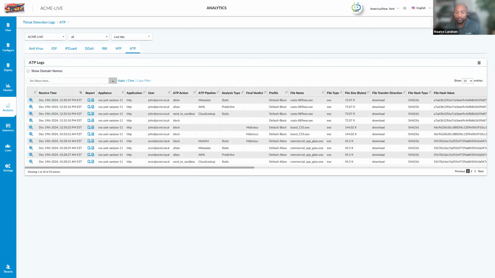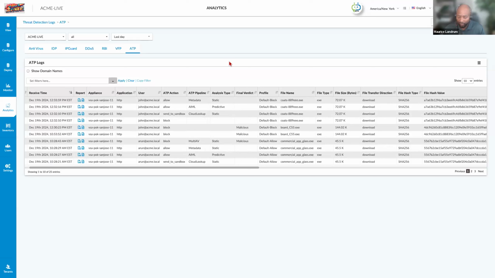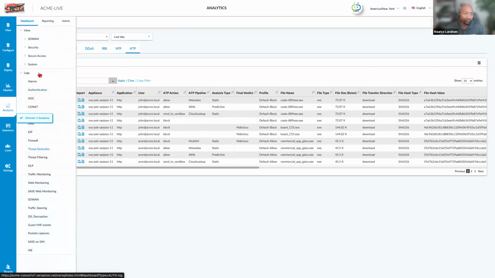Now, as you can see, there's another pipeline that has come in during that time. And this is saying to allow as well. So it checked the metadata and it came back and it said, hey, allow that file. And we can see that here, right, from our static analysis. We also have the wait until timeout. But before we go into the wait and timeout, I wanted to give you a quick view of our